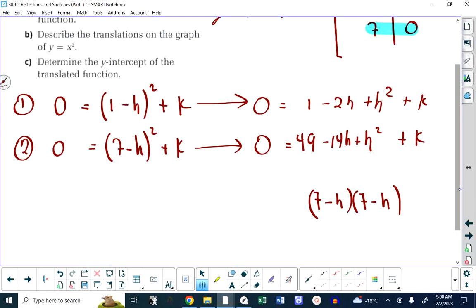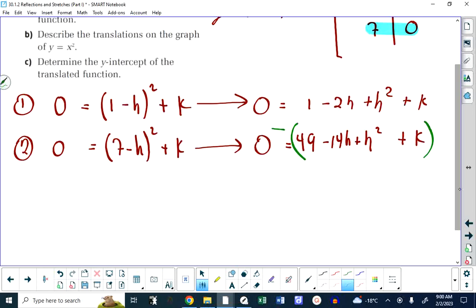You understand that subtraction is more complicated than addition? Even when you first learn about subtraction, it's harder to think about. I don't like the idea of subtracting equations here. If we subtract these equations, it's going to be a brilliant move because the k's will disappear, the h squareds will disappear, and I'll be able to have a single equation that has h in it that I can solve for. So I am going to subtract them, but I don't like the concept of subtracting because if I do